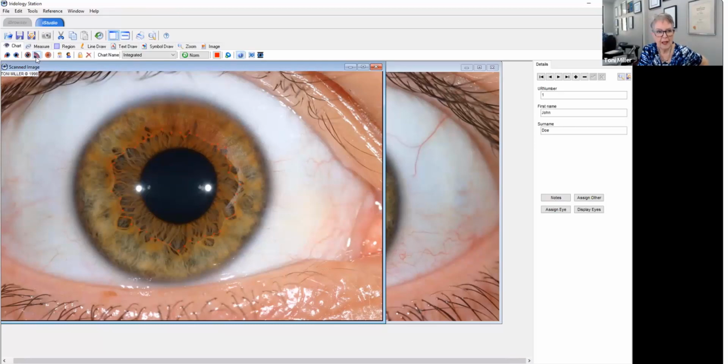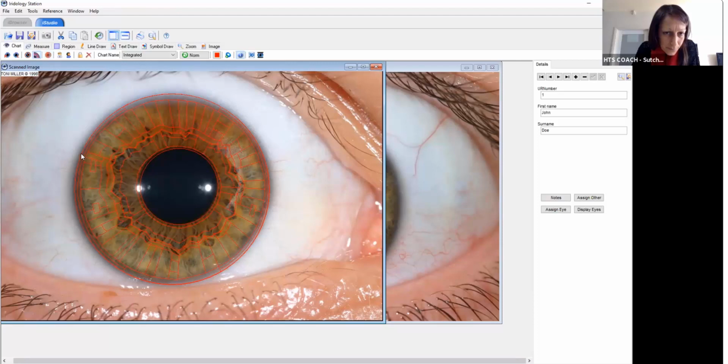So when I look at this chart, let's have a look at what I've done. When I traced that collarette, it's adjusted the chart algorithmically. What it's done is adjusted the amount of space from here to this peak, and it's stretched the amount of space from here to this peak. So it's really accommodated the structure of this collarette so that I've fitted the eye perfectly along with the integrated